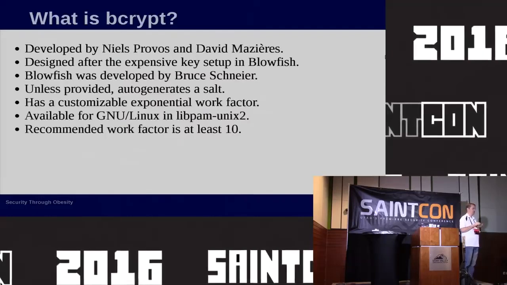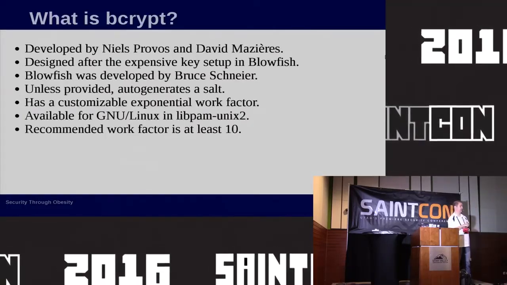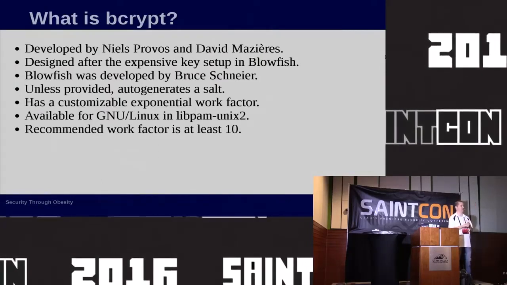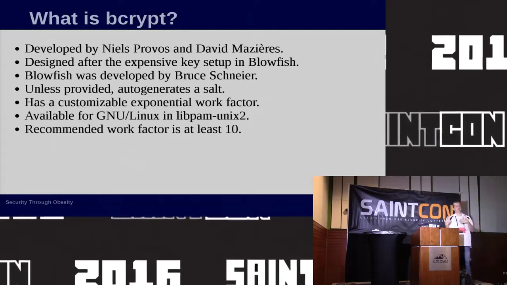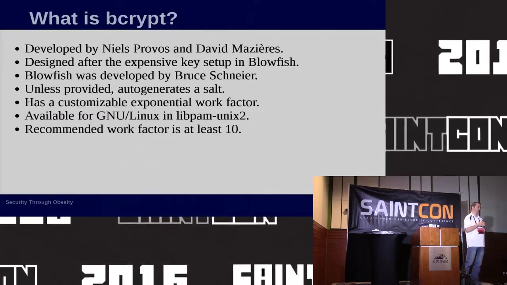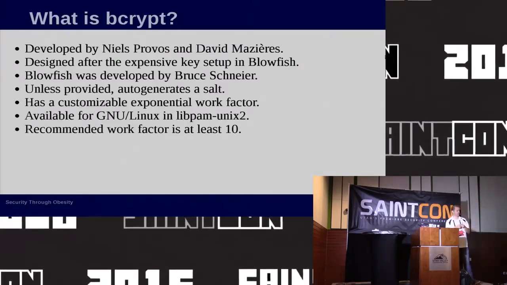With SHA-512 crypt and SHA-256 crypt, it was linear, right? I could do 5,000 iterations or 5,001, right? Which is just one extra iteration. 10,000 would be twice as many as 5,000, obviously. In the work factor with bcrypt, though, it's exponential. If I give it, say, the recommended work factor is 10,